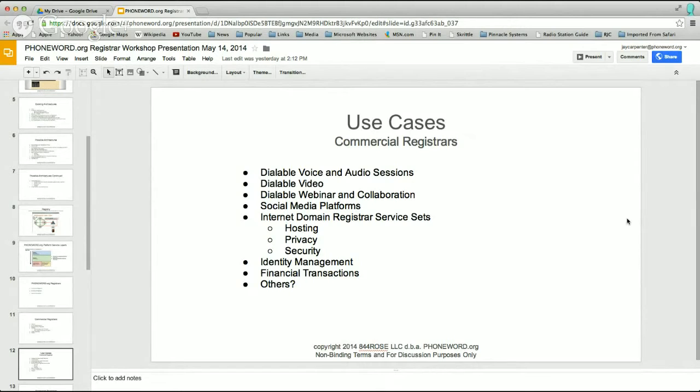Then other use cases for commercial registrars would be to create a whole new set of business models where